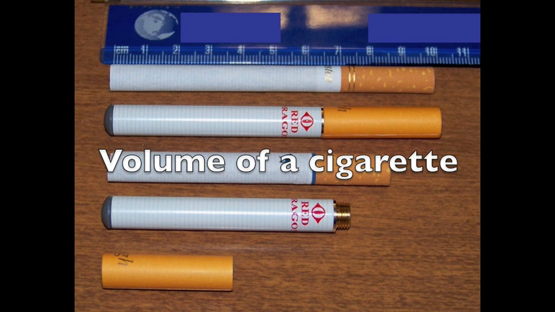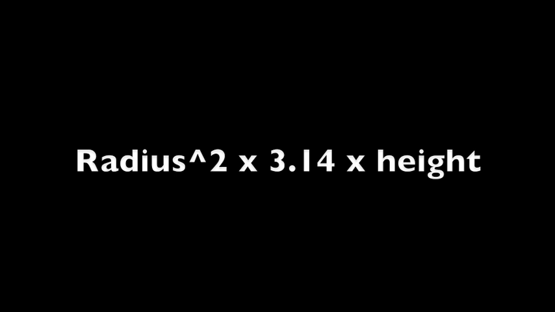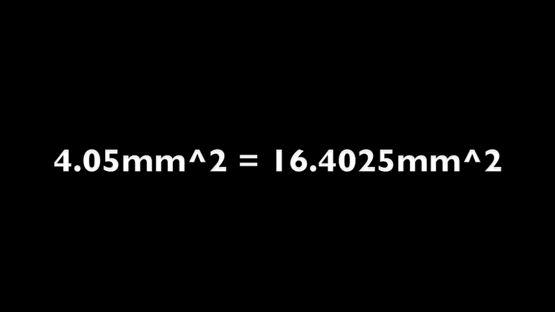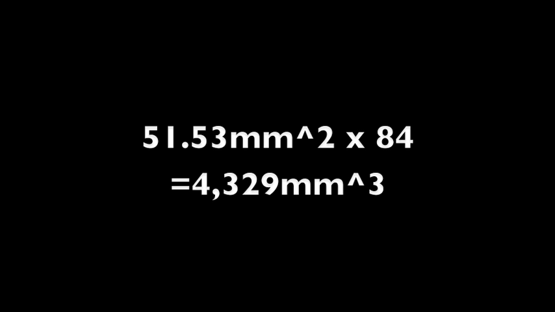The volume of a cigarette would be the radius squared times pi and then multiplied by the height. The radius of the cigarette is 4.05 millimeters and the height is 84 millimeters. You would then square 4.05 millimeters to get the area of the circle, which would equal 16.4025 millimeters squared, and then multiply that by pi to get 51.53 millimeters squared. You would then multiply that number by 84 to then get a final answer of 4,329 millimeters cubed for the